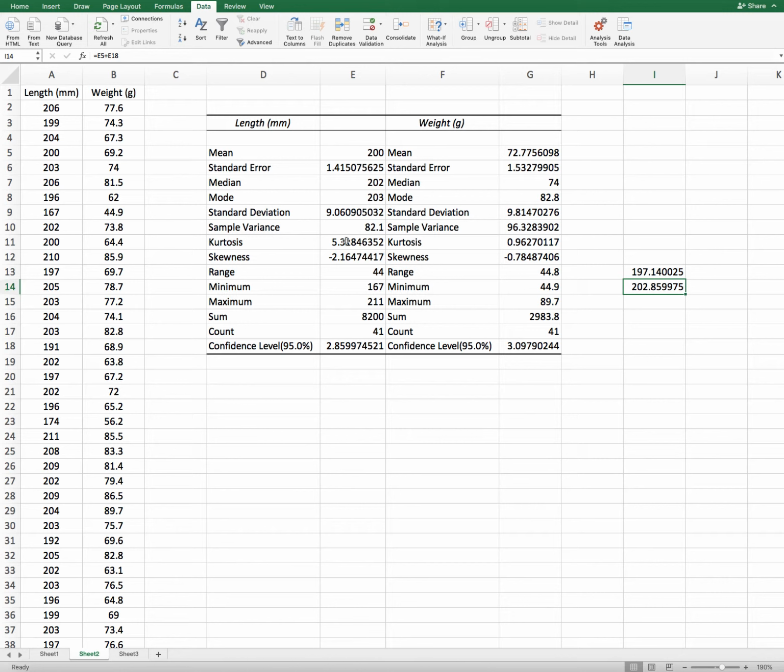In the case of kurtosis of weight, it is almost 0.96, so almost 1. If we see this kurtosis of the weight, it will be almost normally distributed. It's not greater than 3 or less than 3; it's close to 1.